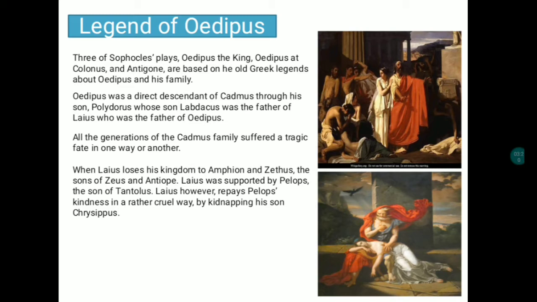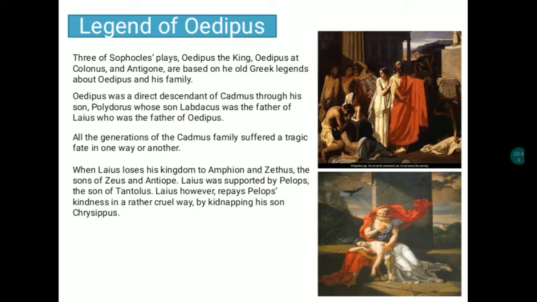These two men, Amphion and Zethus, were the sons of Zeus and Antiope, and in that combat Laius was supported by a gentleman named Pelops, the son of Tantalus. At that battle Laius was defeated, but